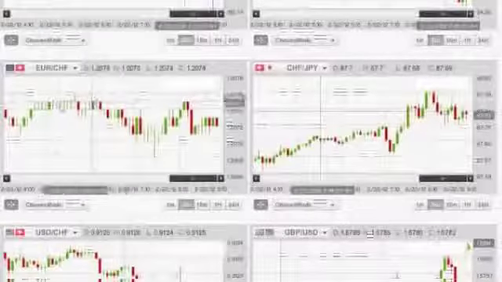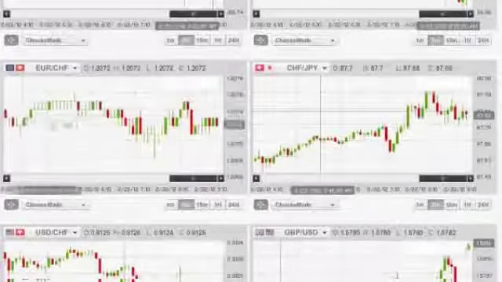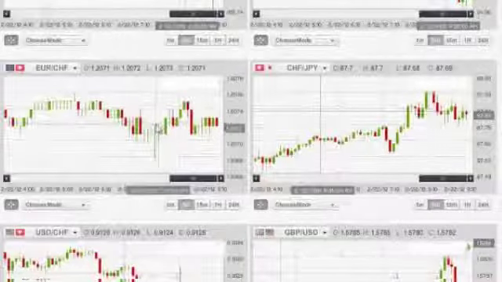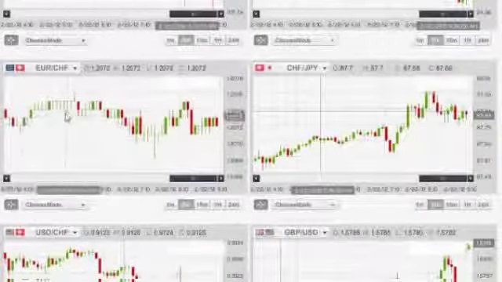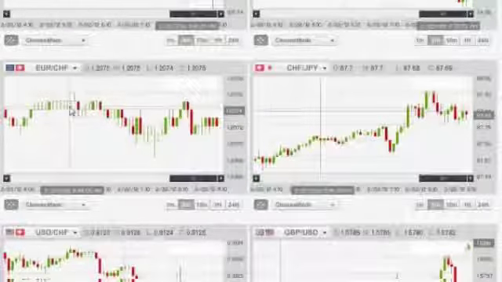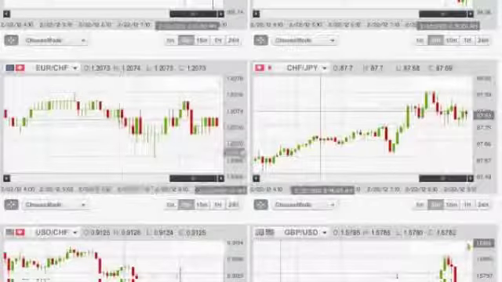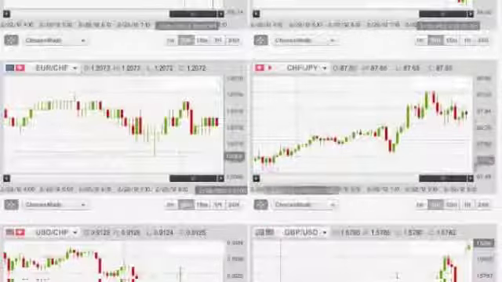We continue on to the euro versus the CHF, and as you can see we have a neutral trend line. It's a mixed one with no clarification of what it could be or what it is. So since it's not a very good trend line, I'm going to want to stay away from this one. I'll avoid it and I'll keep going on to others that are more clear, like the CHF versus the Japanese